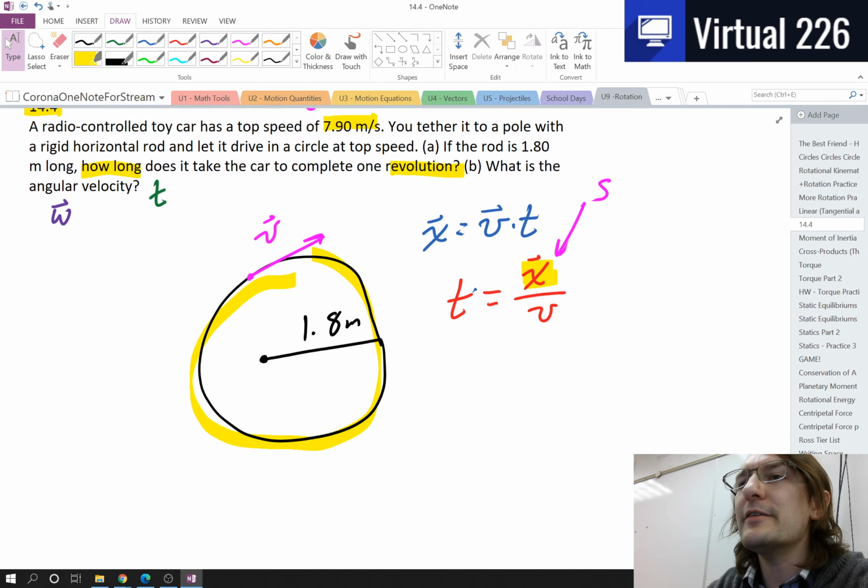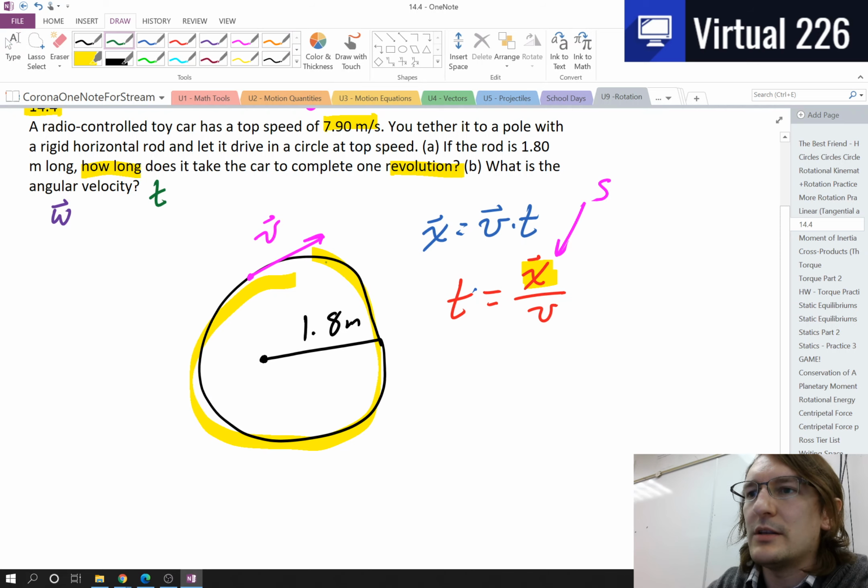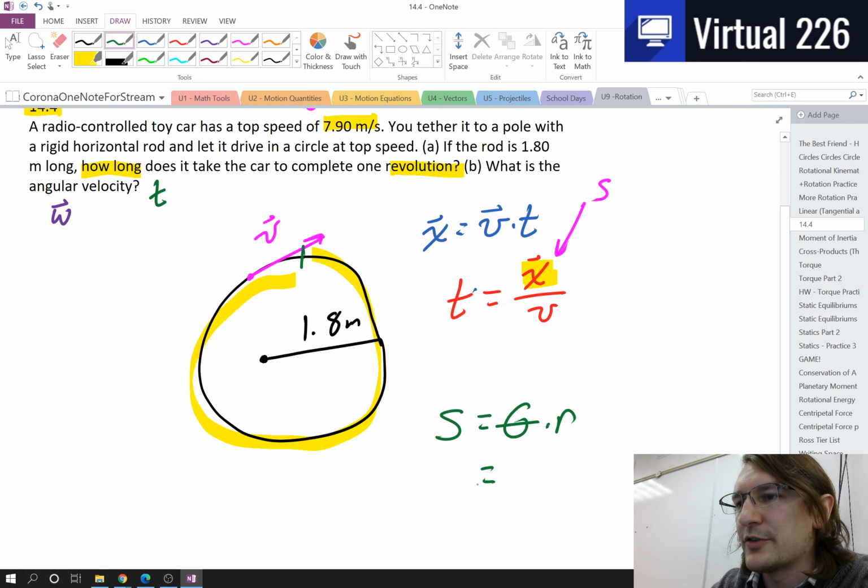So if we could figure out what linear distance is traveled by the car in one circle, in one cycle, one revolution, and we divide that by the velocity, we can get a time. Well, if we're going through one revolution, what is the linear distance of one loop? Well, that's the circumference. And we can say that this linear distance equals theta times r,